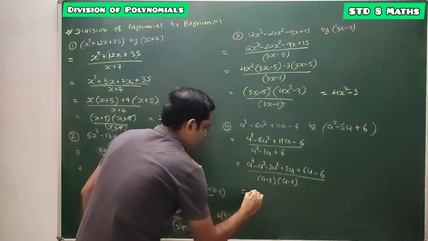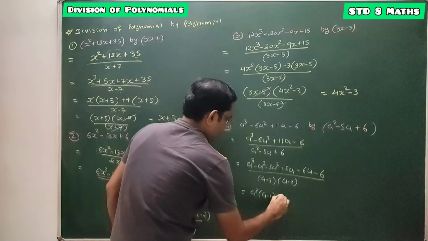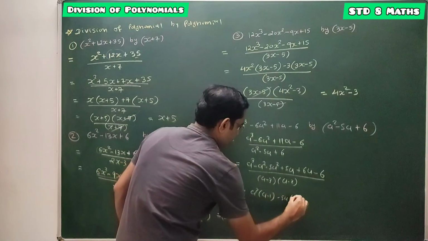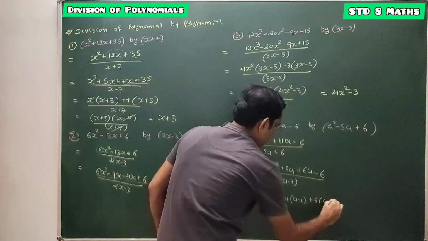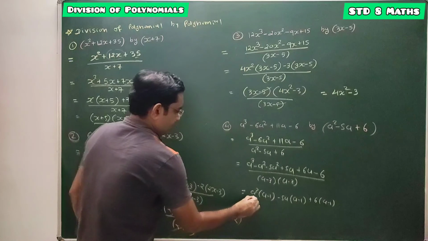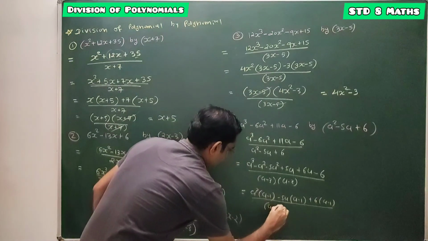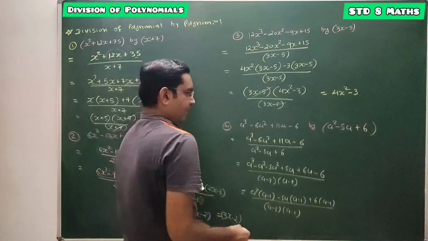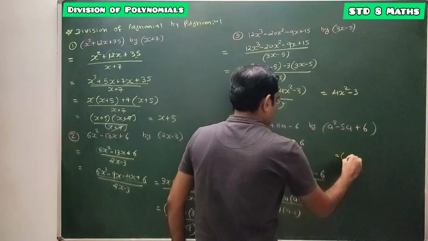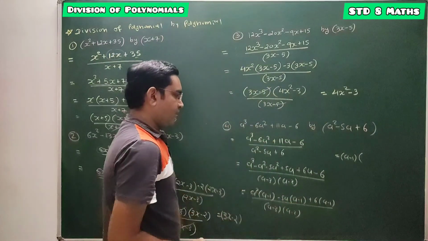Now here a square is common, so it's a minus 1, minus 5a is common, so it's a minus 1, plus 6 common, a minus 1, divided by a minus 3, a minus 2. In the numerator we can take a minus 1 as common. So remaining terms are a square minus 5a plus 6.